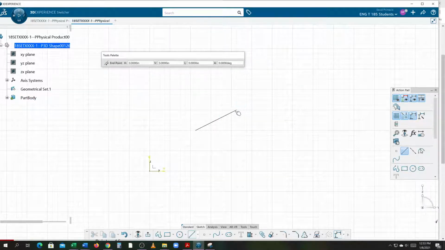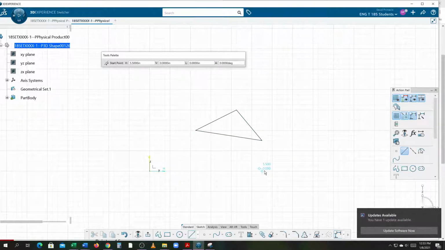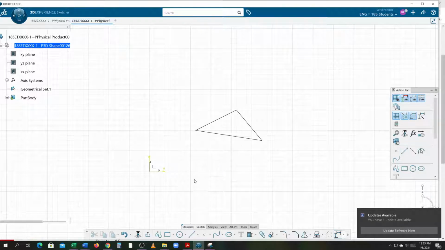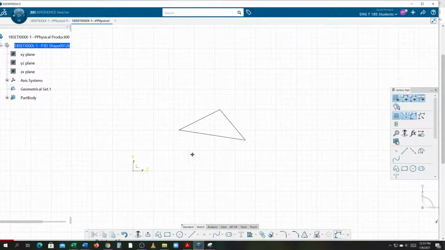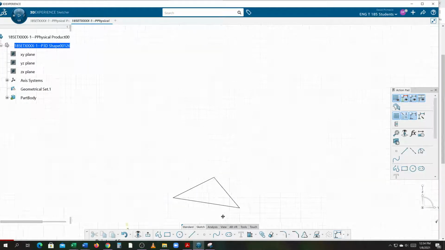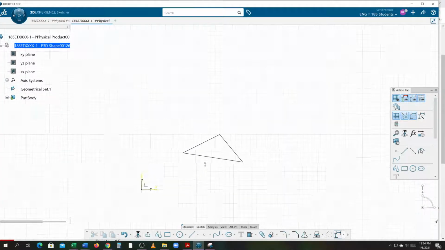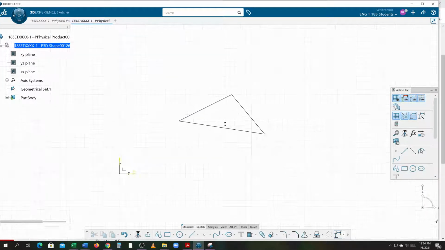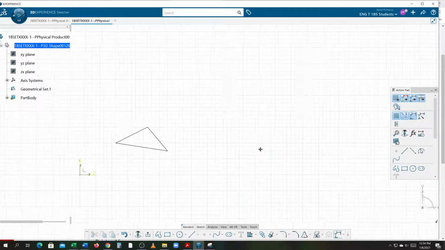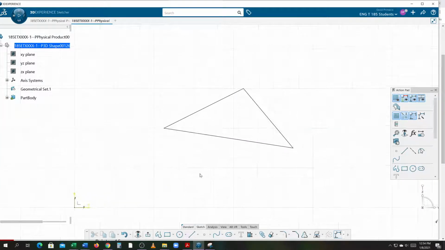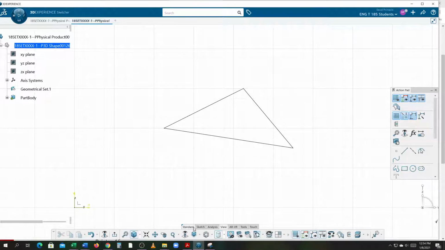Double-click the line command and create shapes. Okay, look, I'm creating a crazy looking triangle. Know how to stop creating lines by hitting escape. Know how to move your part side to side, up and down, and how to zoom in and out on your part based on what we learned in the model-based definition. Again, we can zoom in and out, move it side to side using the mouse features, as well as under the View tab, we learned that this was the pan button